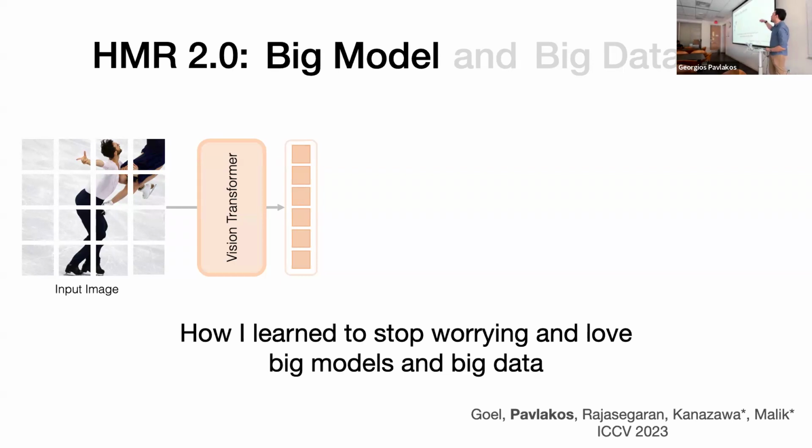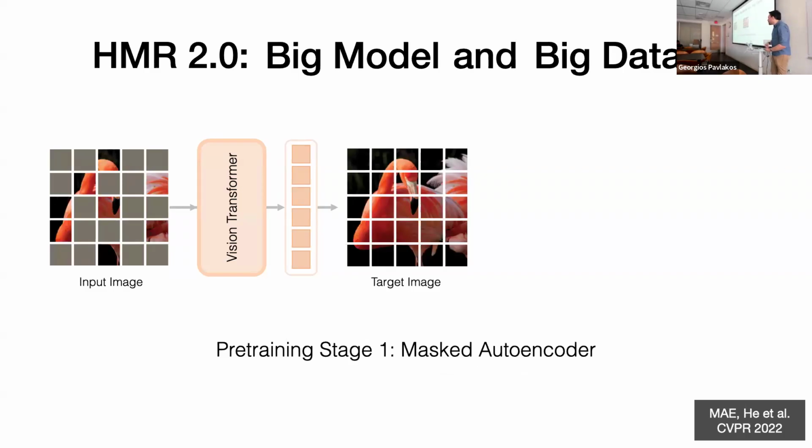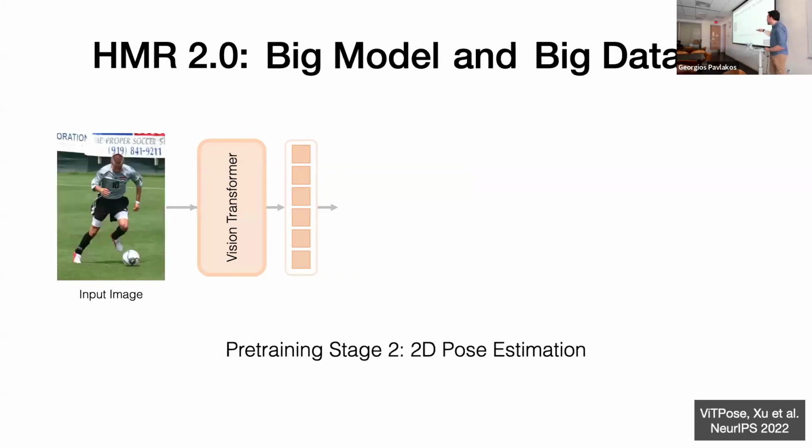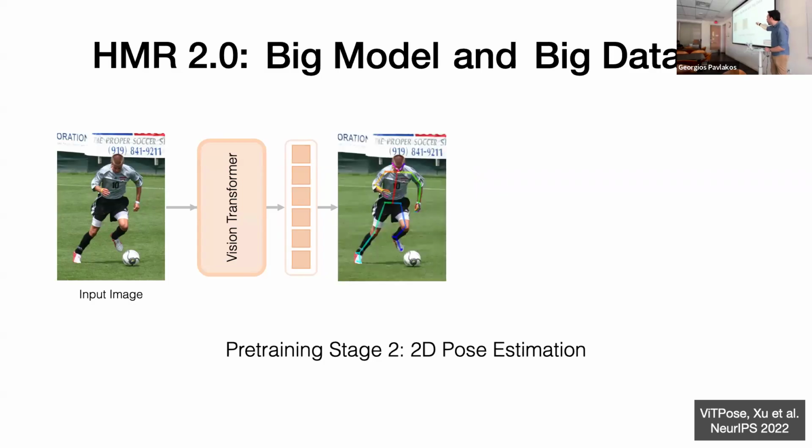You need to first do a stage of pre-training, where you will train with this MAE or masked autoencoder method, where you drop some of the patches and you give the rest of the patches to the transformer, and you try to reconstruct the full image. This is done on ImageNet. This is an unsupervised form of pre-training. That's the first stage. Then there's another stage where the network is pre-trained specifically on human data, but for the task of 2D pose estimation. This pre-training was also important. So we only estimate 2D key points here.